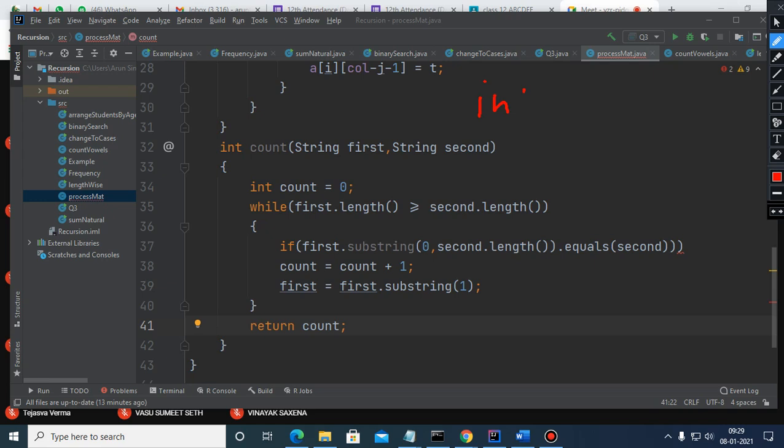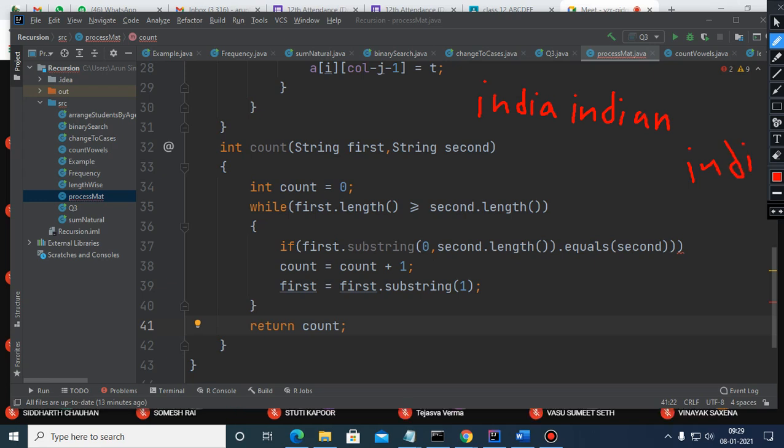Children, suppose the main string contains this India and Indians. And you want to just count the frequency of this India. It is a substring. So first of all, you have to know what is the length of that substring. The length is 5.